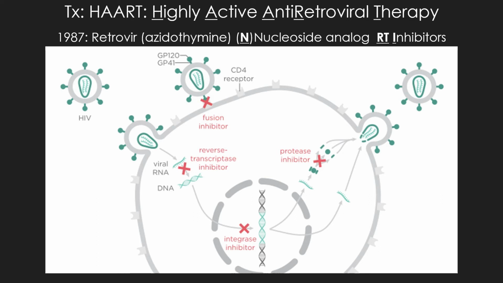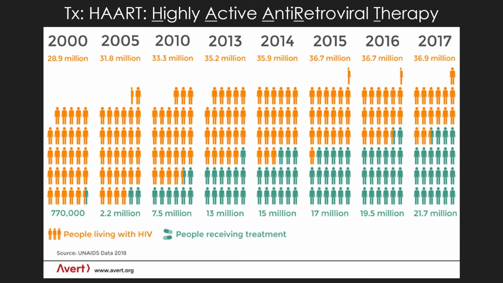So HAART, highly active antiretroviral therapy, began in 1987, and today one of the best things that we can report about HIV and AIDS is that the number of people receiving treatment, this HAART treatment, has increased over the last 17 years wildly. So in the year 2000, there were 28.9 million people living with HIV, and only 770,000 of them were receiving treatment. And so the total number of people includes the orange and the blue icons,